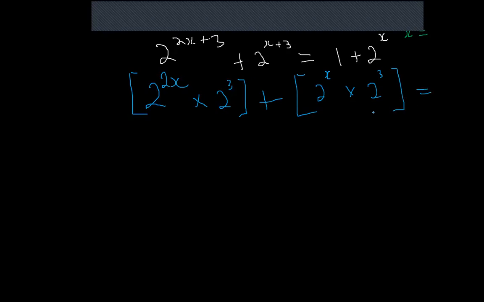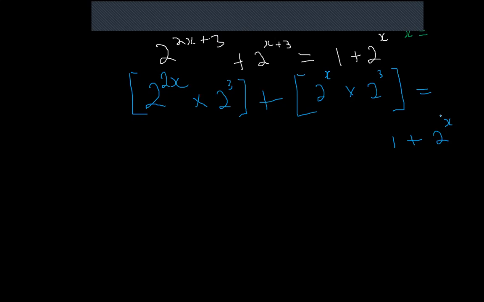And this is equal to, they told me, 1 plus 2 to the power of x. So now that I see 2 to the power of x, and I know that there is a possibility of me writing this in its linear or quadratic form,